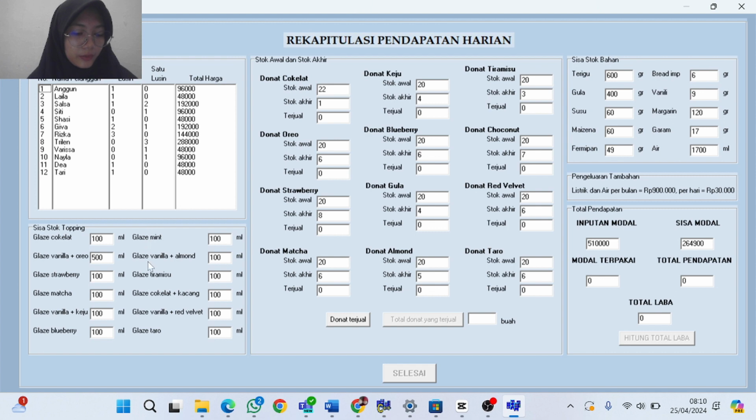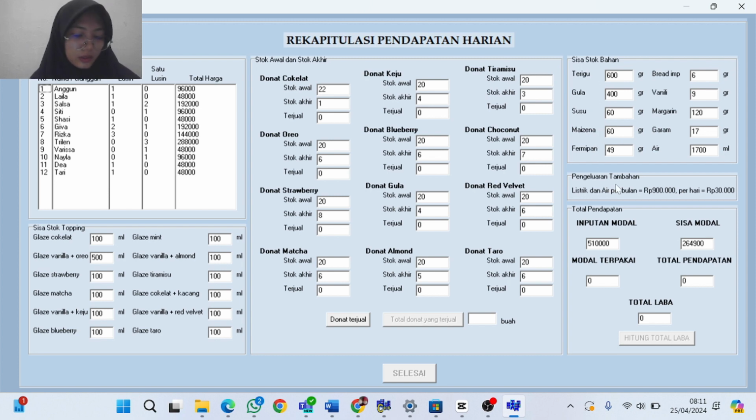Here is the remaining stock of toppings in the stock input form. Here is the amount of donut starting stock, donut ending stock, and the number of donuts sold for each variant. Here is the remaining stock of ingredients.